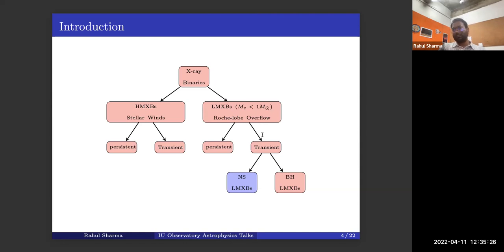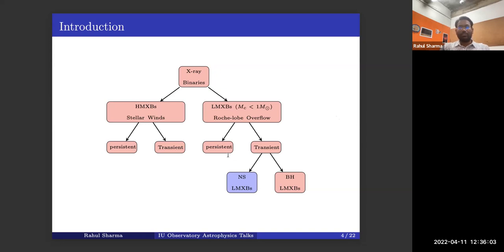These sources are further classified based on their compact object, because depending on the compact object, we see different properties from these X-ray binaries. Neutron star low mass X-ray binaries show different properties from black holes. Neutron star low mass binaries can show pulsation, while black holes will not show any pulsation because they don't have a solid surface. Neutron stars also show X-ray bursts, which are a surface phenomenon where the accreted matter undergoes a thermonuclear explosion. A black hole doesn't show this kind of variation.